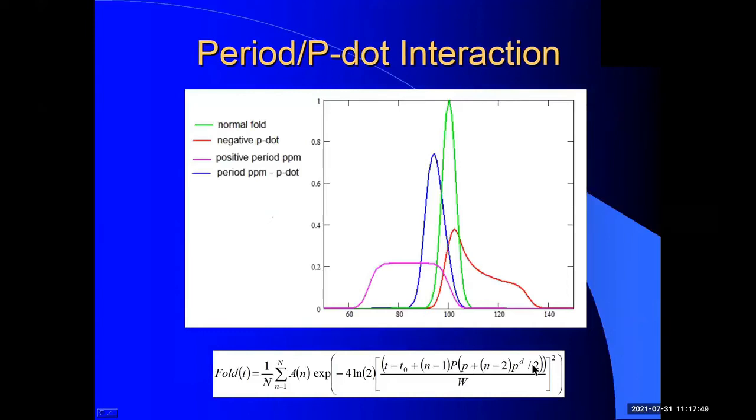I said that the calculation is a bit complicated. Well, this is the fold calculation for period search and p dot search. And what I'm showing here is the green dot is for a normal fold with no period error and no p dot error. The magenta is what you get with